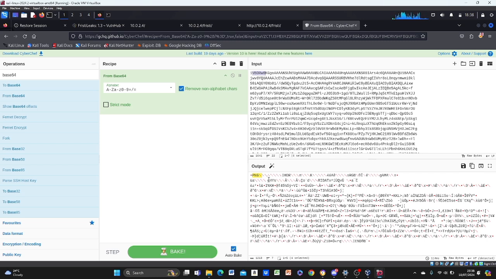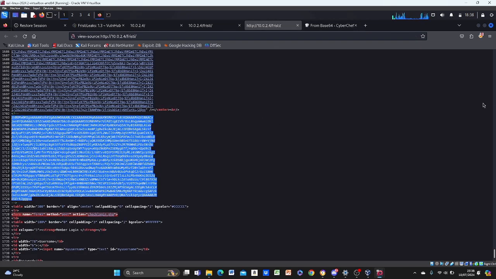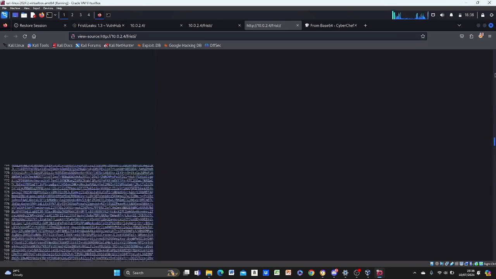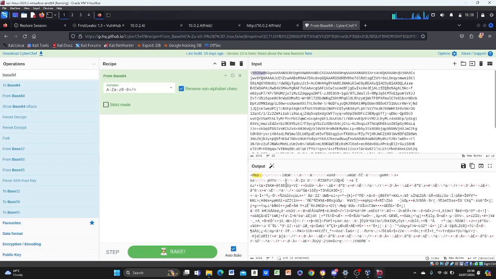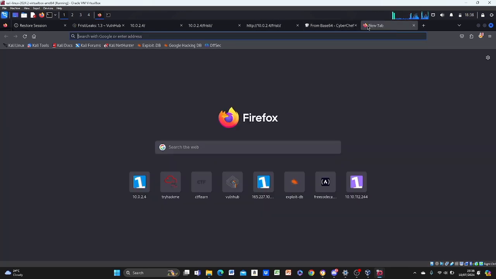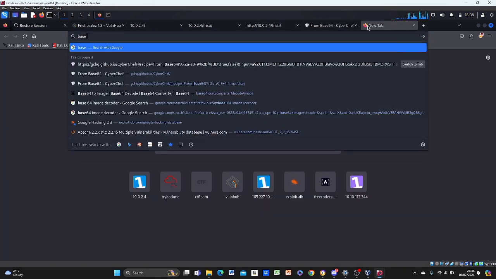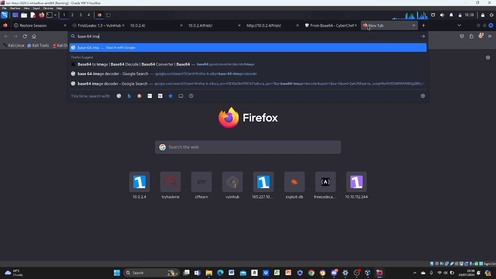All right, but it is obviously data. So we see PNG, and we know PNG is an image file. We have PNG, we have JPG, the most popular image formats. I think those are the only two image formats we have. So I'm looking for something now. I come back here, and these guys are telling me they encoded an image in base 64. And this is telling me this is an image. So what I'm looking for is a base 64 image